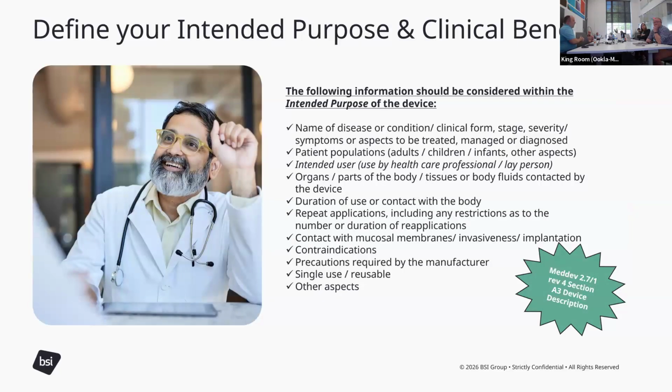So, things to consider when creating your intended purpose. Having an actual disease or condition that it's treating. Patient populations are very important, especially for the devices I work on, vascular devices. We get a lot of devices where companies want to put them into pediatric patient populations or aren't labeling against putting them in that population. So if you're not labeling against it, we're going to expect data for pediatric populations. So it might be something where you want to contraindicate or put a warning